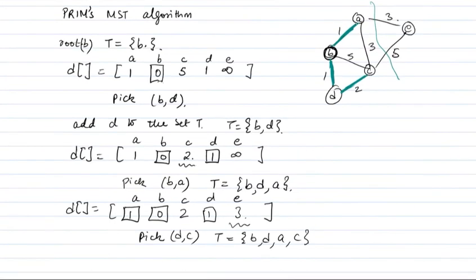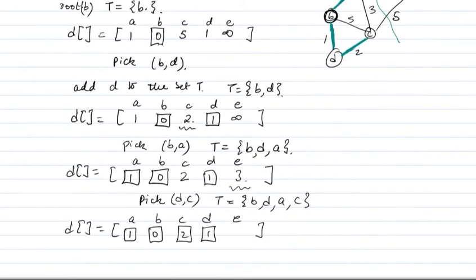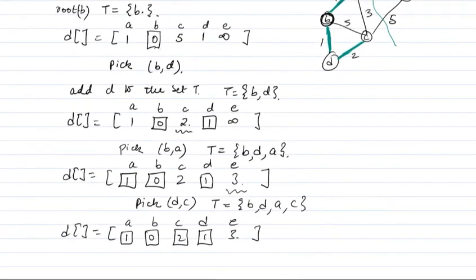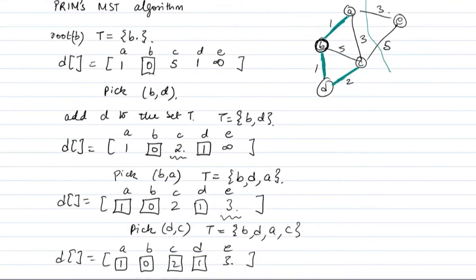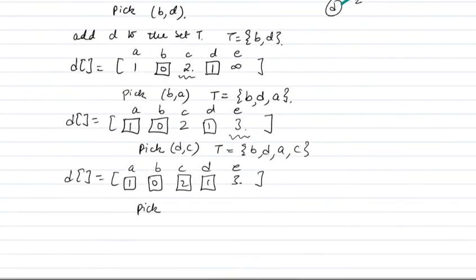So in the next iteration, so 1, 0, 2, 1, and now I have to look at what is the distance to E, and the distance to E remains 3. So I'm going to pick the edge AE, right? Pick AE, add it to the spanning tree,